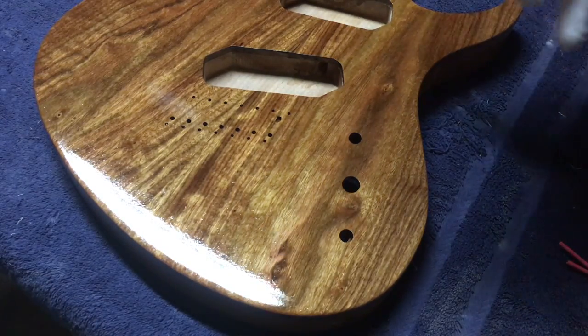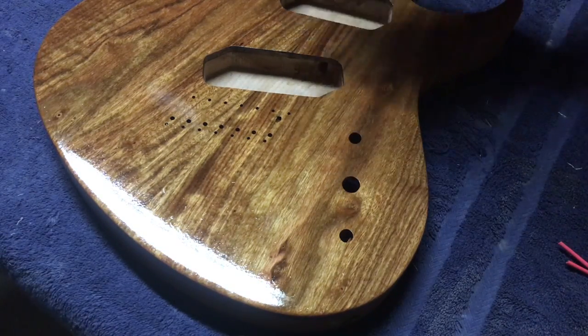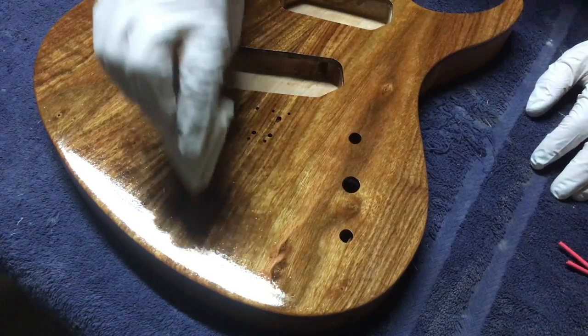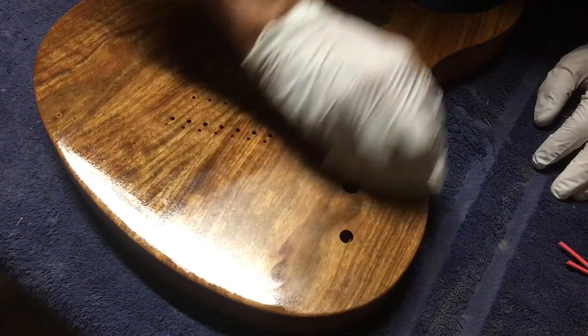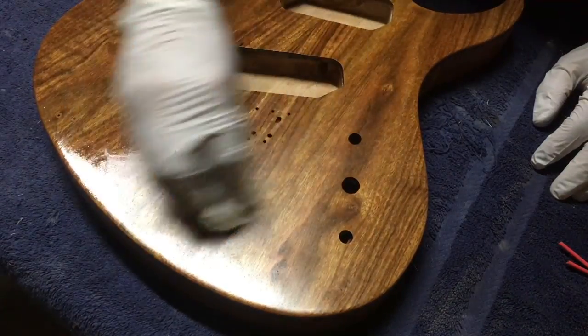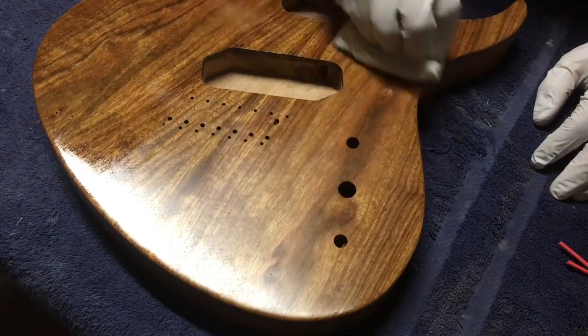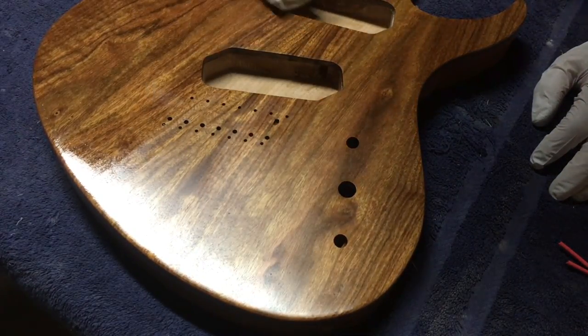Okay, so I applied a coat of the wipe-on poly, and I've let it sit for about 4 minutes. And now what I'm going to do is start wiping off the excess. And hopefully this angle that I'm shooting at will show you what the surface looks like as I wipe it off, because that's kind of important. What the goal is